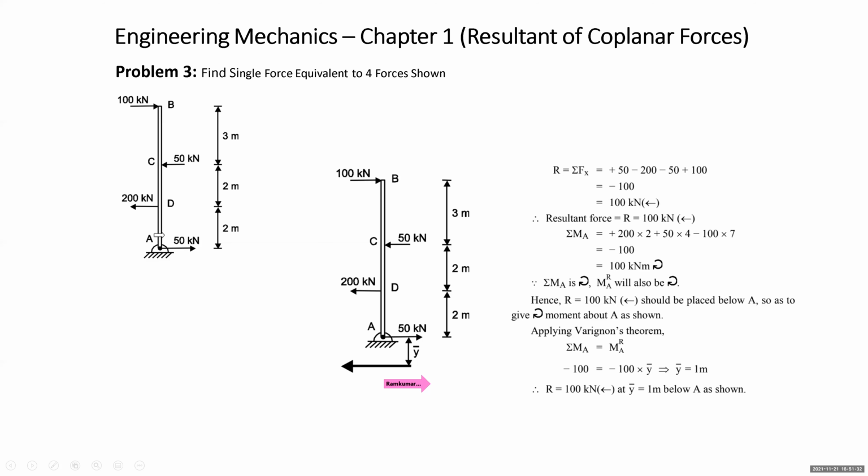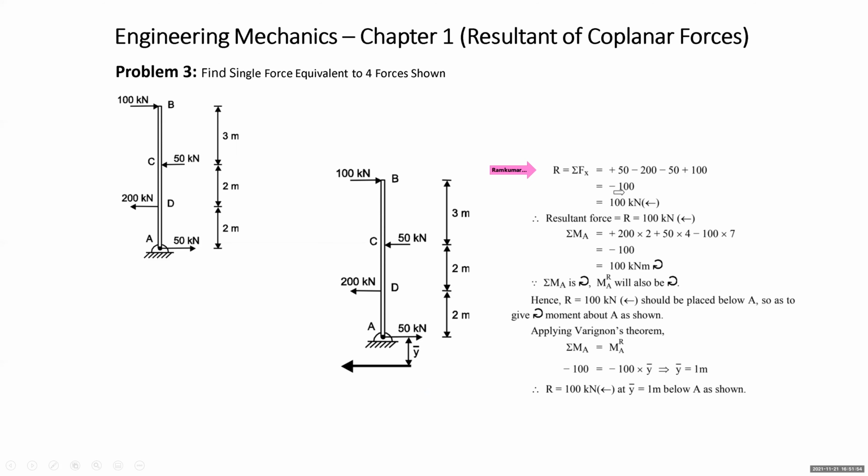Okay, now we have drawn the diagram. In the diagram, this time all forces are parallel to x-axis. So R will be written as this time sigma Fx. ये देखो अभी, ये 50, this is to the right, positive. 200 is to the left, negative. 50 to the left, negative. 100 to the right, positive. मैंने उनको sum up किया.